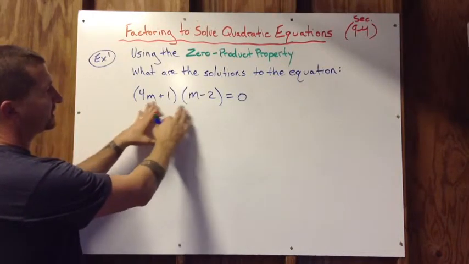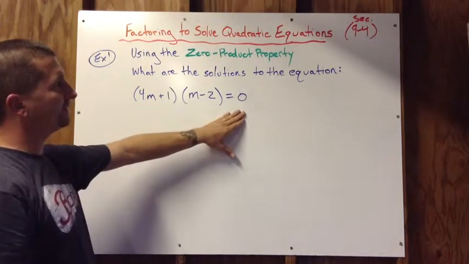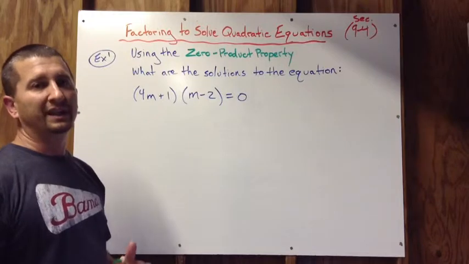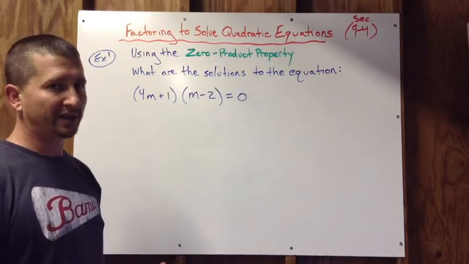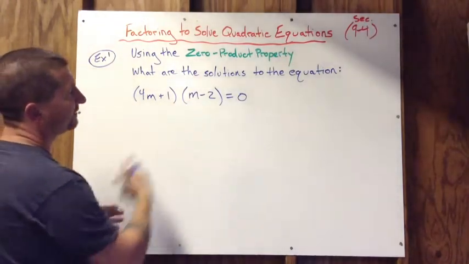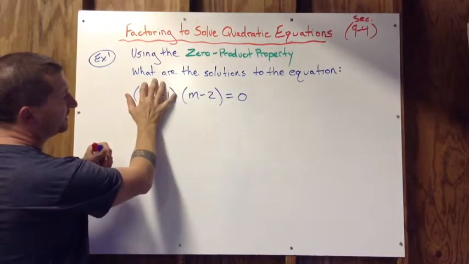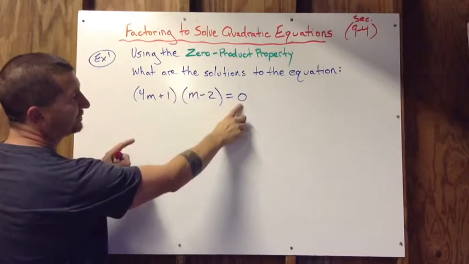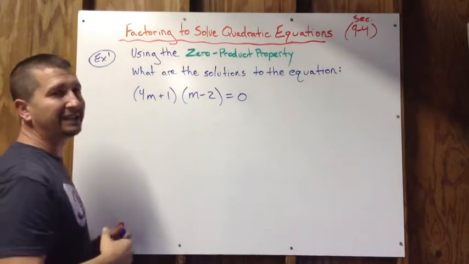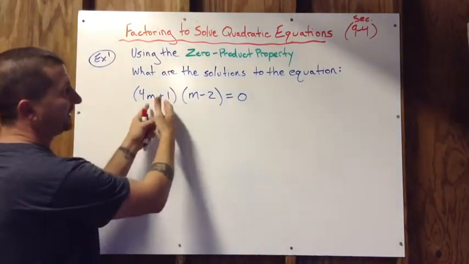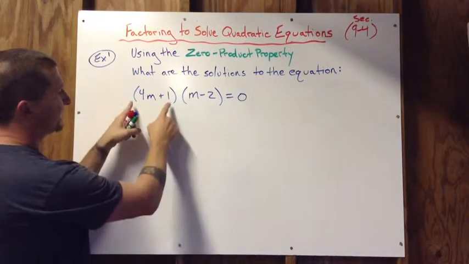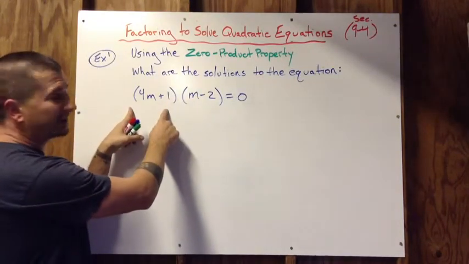Now if you notice, this equation has two binomials that equal 0. Well, the zero product property tells us that if you multiply anything times 0, your answer is 0, which we already knew, but it's helpful to know when we're trying to solve this. That means this value times this value equals 0. That means one of these two values, if not both, need to equal 0, so that the entire product is 0. So in that case, we're going to set this binomial equal to 0,